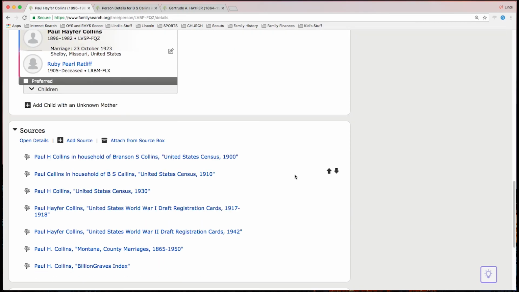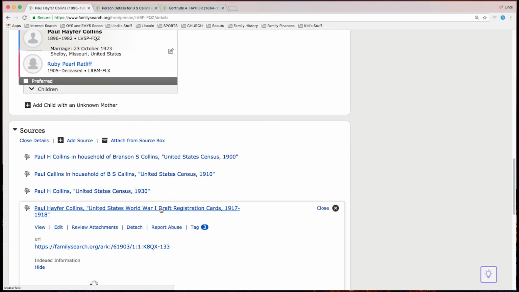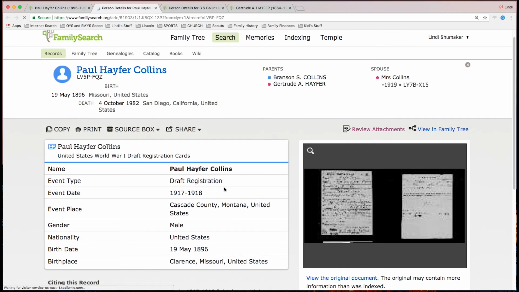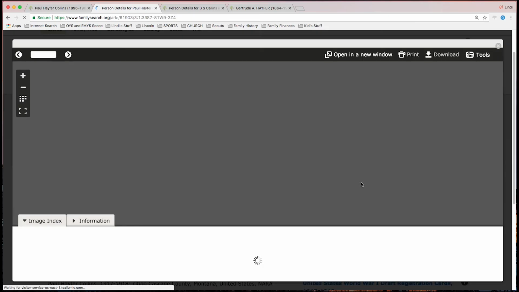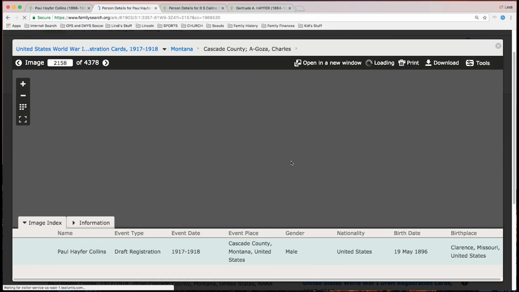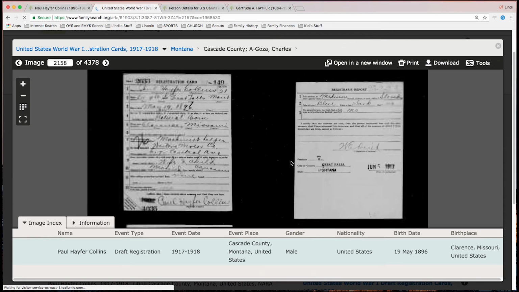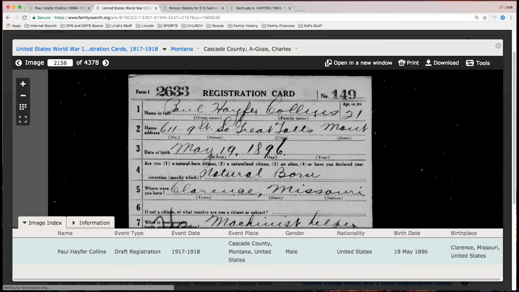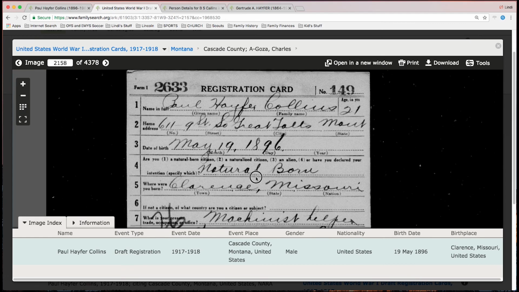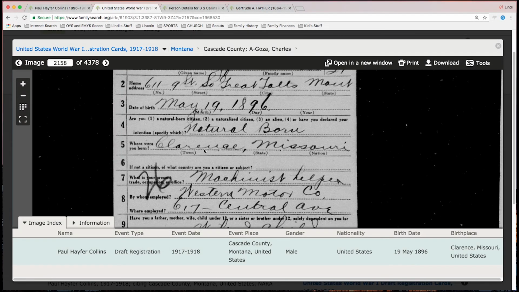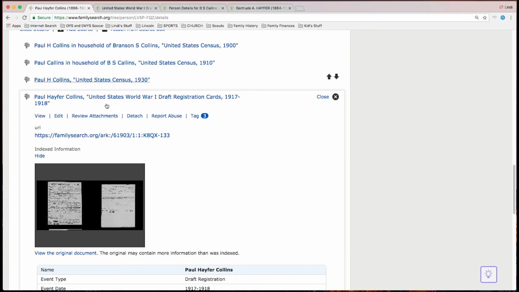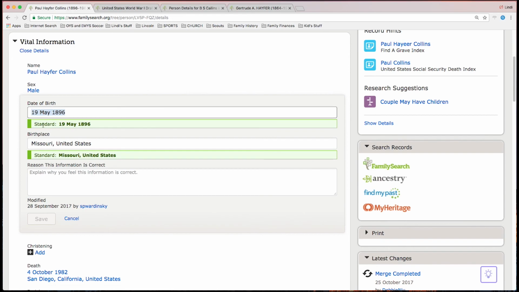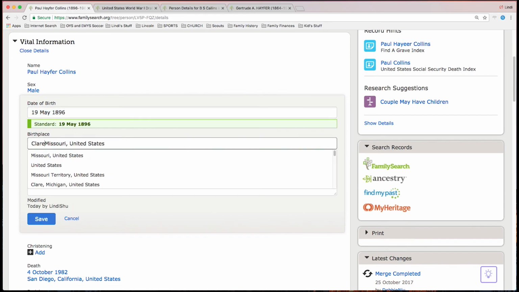Now we're going to look at the registration cards. So this is the World War I draft registration. I will look at the image pretty much always if they're available, because there's always additional information, or maybe the transcription was not the best. Okay, so we have Paul Hafer Collins, May 19th, 1896. He was born in Clarence, Missouri. So if you come back here, do we have that? We do not. So we're going to add where he was born. So Clarence,